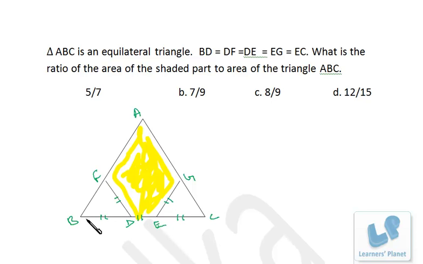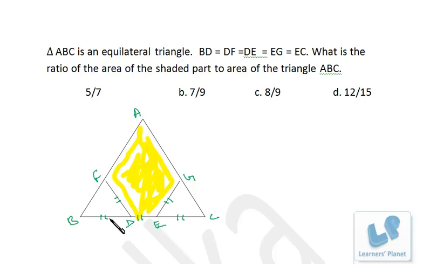Now why? See, this length is equal to this length. This angle we already know, since ABC is 60 degrees, that means this angle must be 60 degrees. Now this length is equal to this length, that means this angle should also be 60 degrees, then this should also be 60 degrees. That means BFD is nothing but an equilateral triangle. Similarly EFG is also an equilateral triangle. Now all 3 lengths are equal, that means there are 3 equal partitions of this line BC.